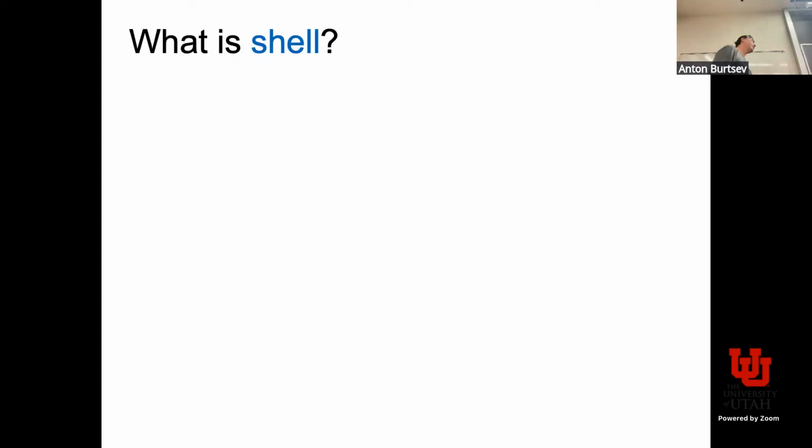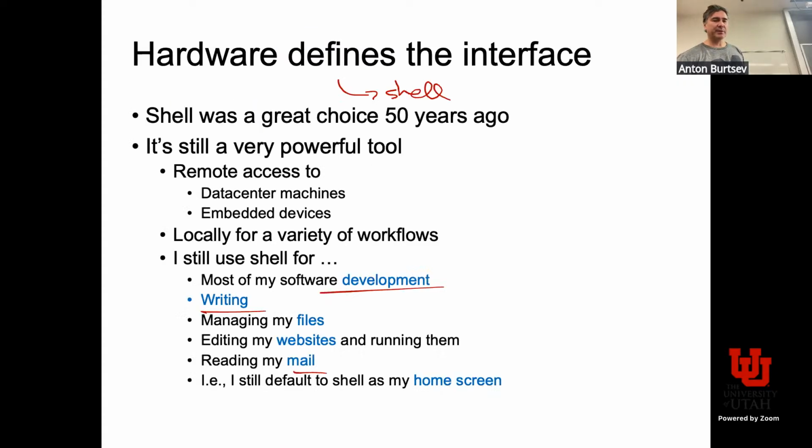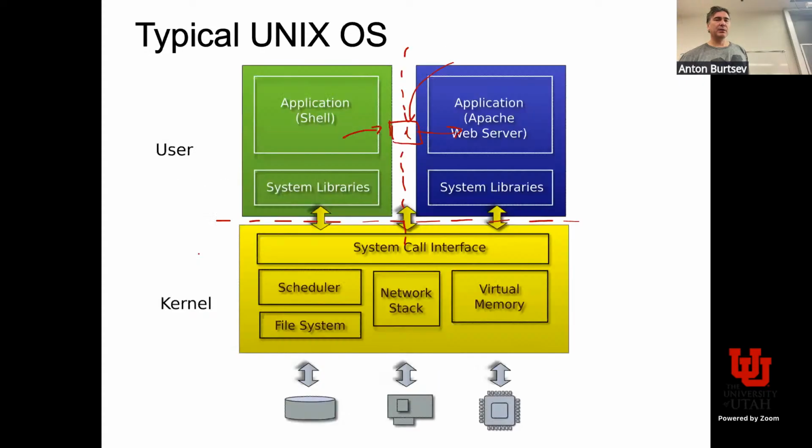Okay, sure, shell. What is the shell? Who can tell me quickly what it is about? Can you characterize or explain what shell is? Textbook? Text buffer? Yeah. Well, we've seen this command prompt when you just type something, right? But in terms of the operating system, in terms of this diagram which I keep drawing here, what is the shell? Where is it? Is it the yellow part, the green part?